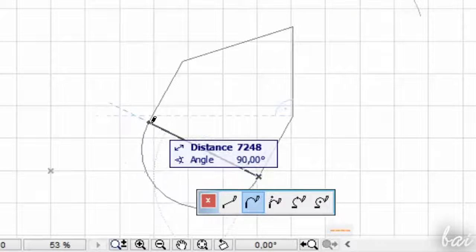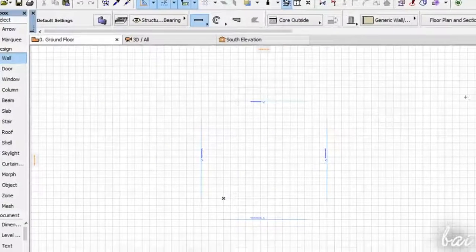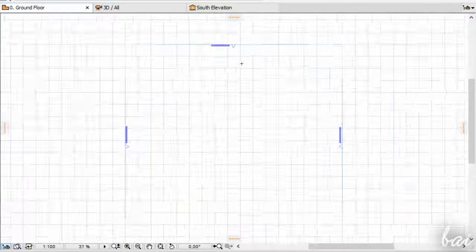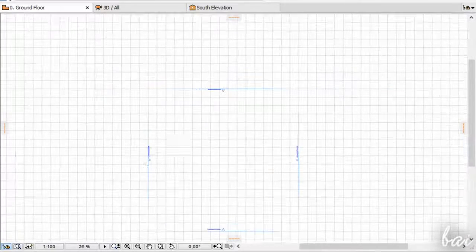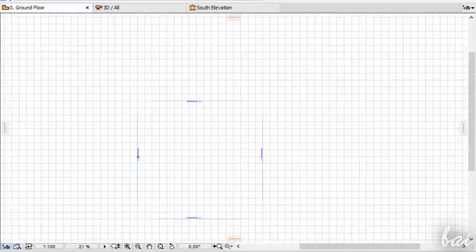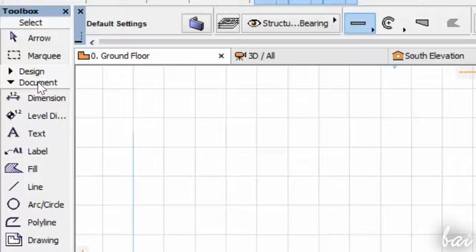Let's see the basic 2D tools inside ArchiCAD. Your central workspace is composed by a grid with 4 main elevations. Don't worry about these, since these are used for 3D projects only. All tools to build 2D projects are inside the Document section on the left. You can draw segments with line, curves and circles with arc circle, or a mix between straight and curved lines